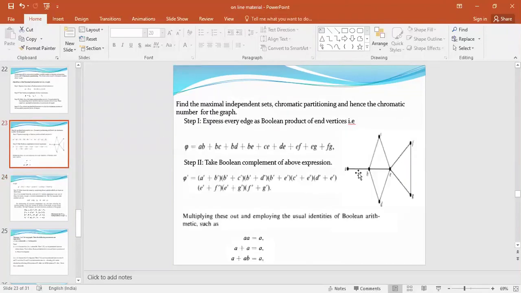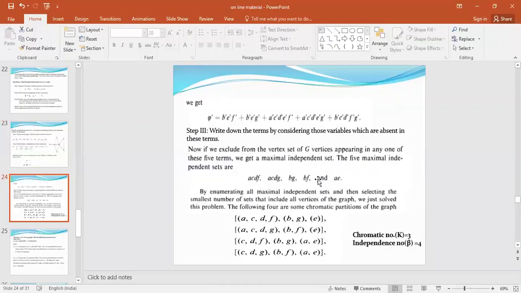Then it is AE. Yes, it is A, and this side it is E. So A and E. Now you can't include any other vertex. If you have taken A and you have also kept E, yes, A and E are not adjacent, so it is forming an independent set. But this will be maximal also. You can't include any other vertex because all the other vertices, its degree is 1, 2, 3, 4, 5. All the remaining vertices are attached with this E. So you have 1, 2, 3, 4, 5. So these are the 5 maximal independent sets.